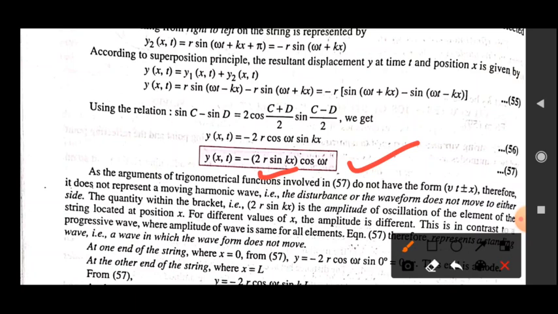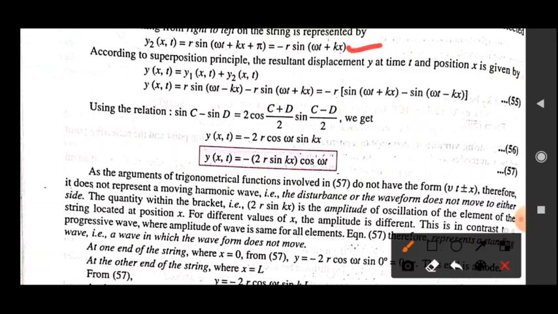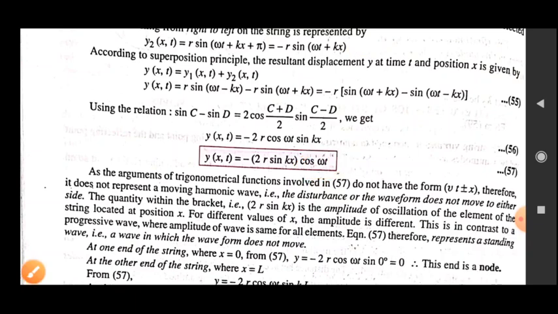Now cos omega t, you can see here, this is not the form of a progressive wave. In the case of a progressive wave, the wave has the form sin(omega t plus kx), something of this type, and then it represents a progressive wave. But here we only have the cos omega t factor, and it is showing that the wave has a constant value, it is not moving, it is fixed within a certain region only. So here it means the wave is standing, it is not progressive.